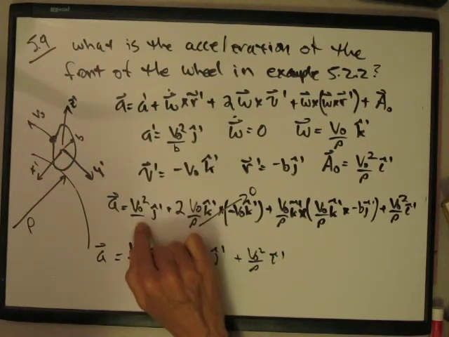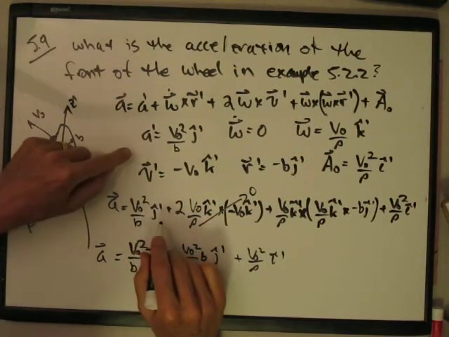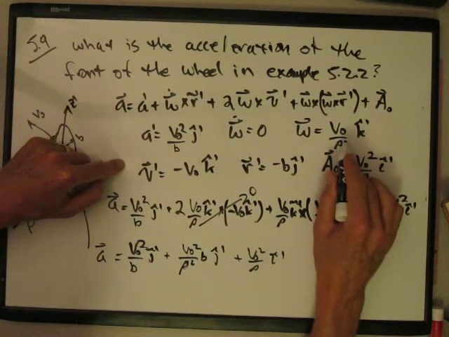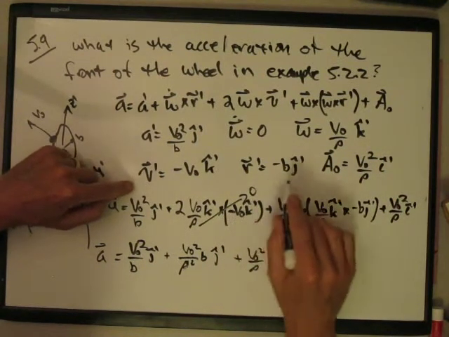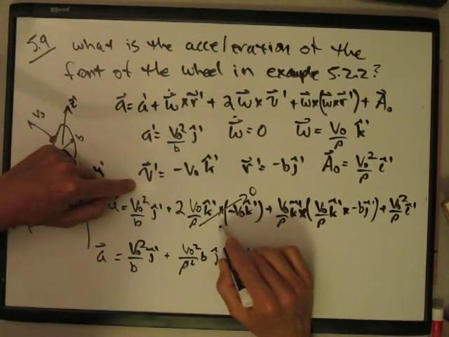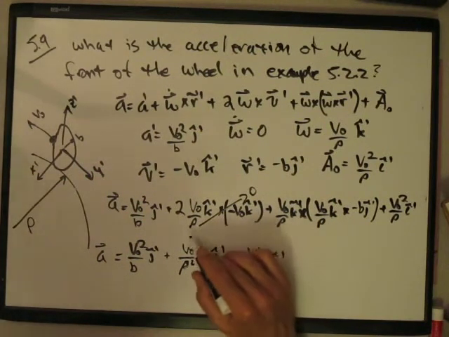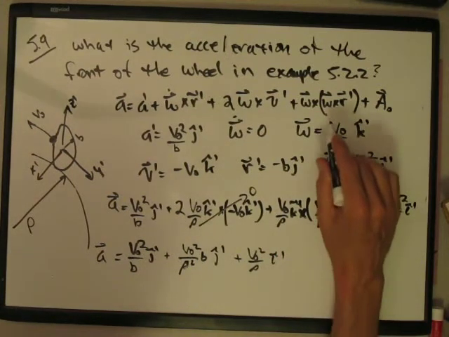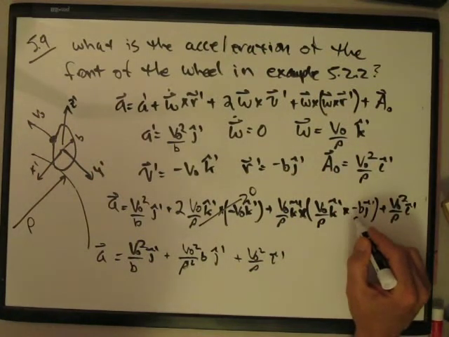This is just a prime, it's just v0 squared over b times j-hat prime, plus the Coriolis term, 2 v0 over rho k-hat prime cross v, right? It's omega cross v, but v also points in the k-hat prime direction, in the negative, but it doesn't matter. The cross product of k-hat prime and k-hat prime is 0, so the Coriolis term goes away now. The centripetal term, which was 0 when we were looking at the top of the wheel, is no longer 0 because